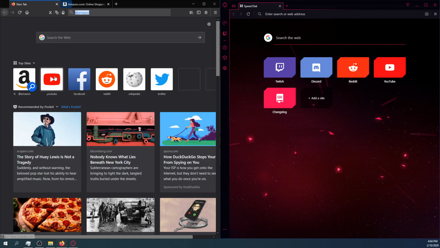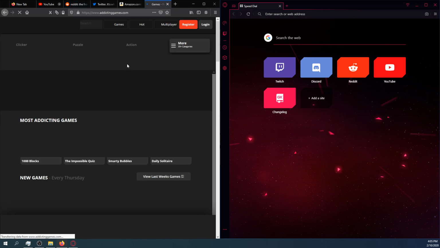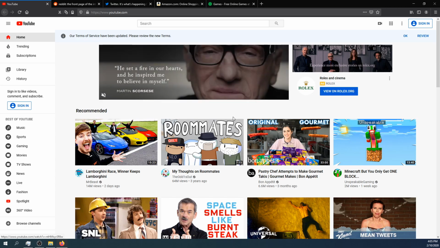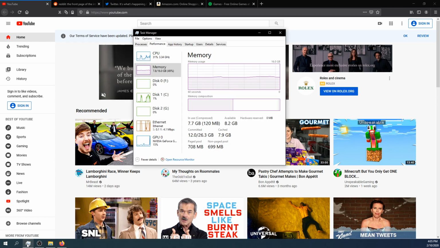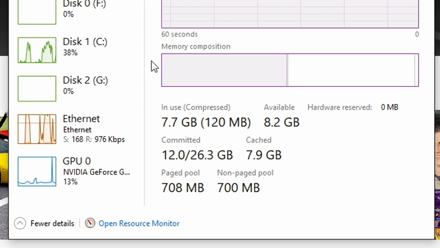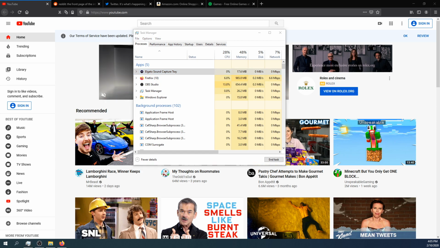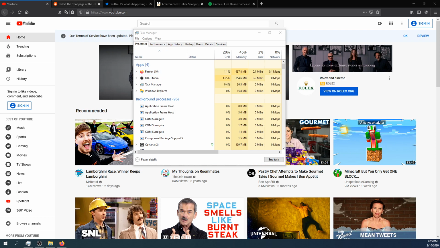We're going to have Amazon, YouTube, Reddit, Twitter, and you know, we're all gamers here, so we're going to open up Addicting Games. Now with just these tabs open, we're going to go into Task Manager here, and we can see that we are using 7.7 gigabytes. If you go into processes here and go into memory, oh, and I can close Elgato Sound Capture. I don't need that. Notice that Firefox is using almost an entire gigabyte of RAM on these 5 tabs,